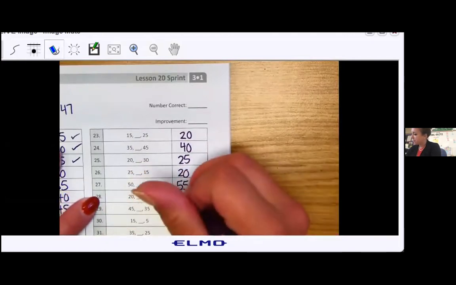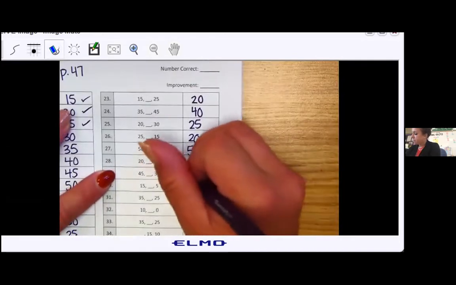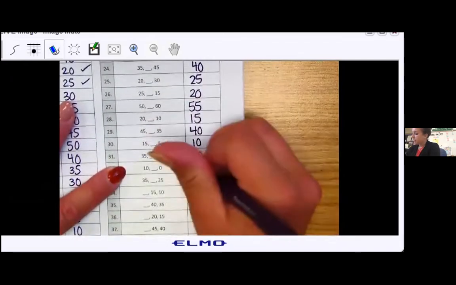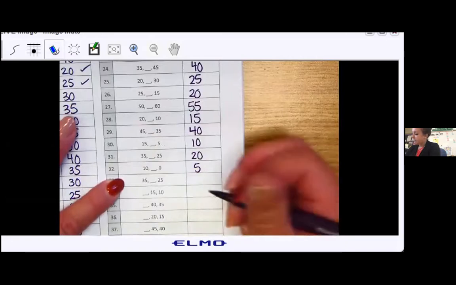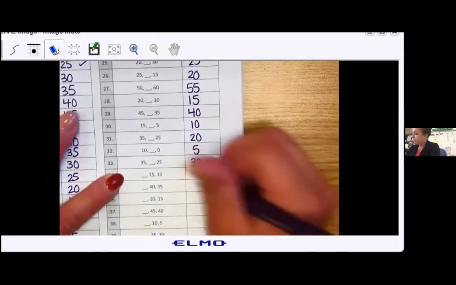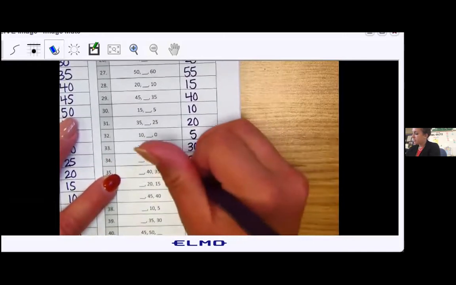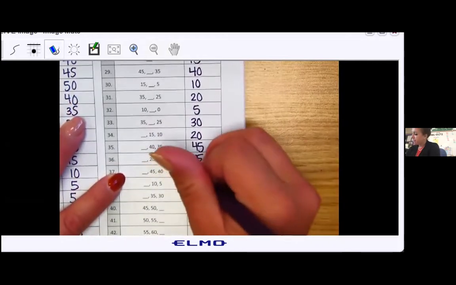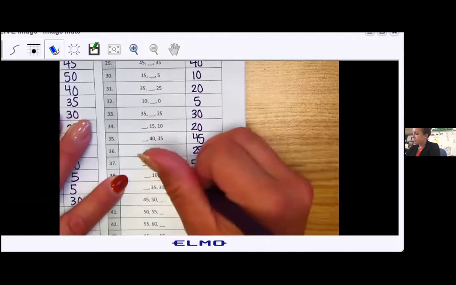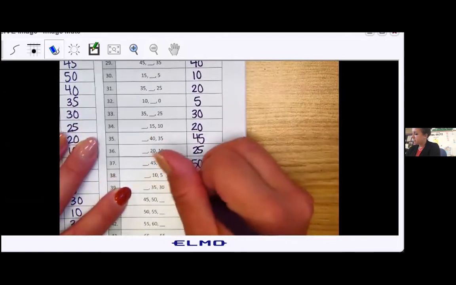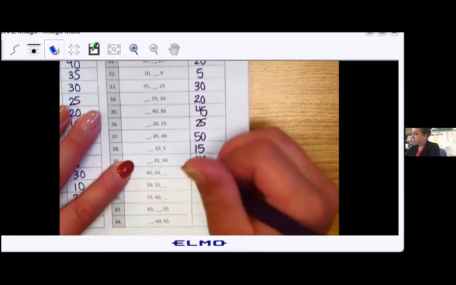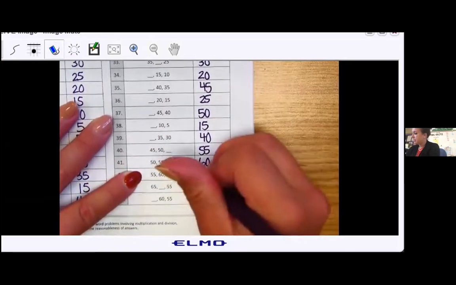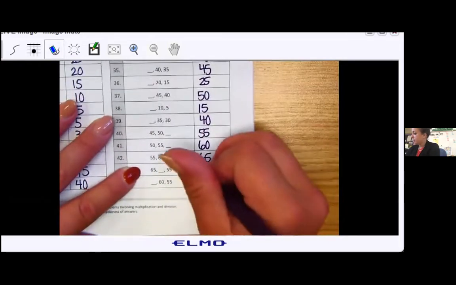Now we're getting smaller, 15, 40, 10, 20, 5, 30, 20, 45, 25, 50, 15, 40. Now we're getting bigger, 55, 60, 65, getting smaller, 60,